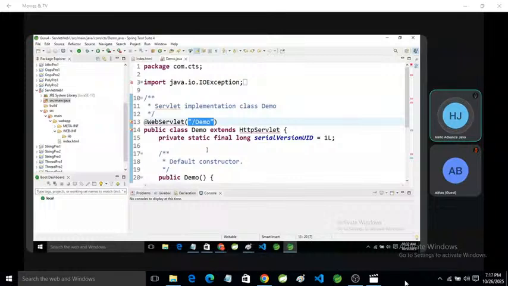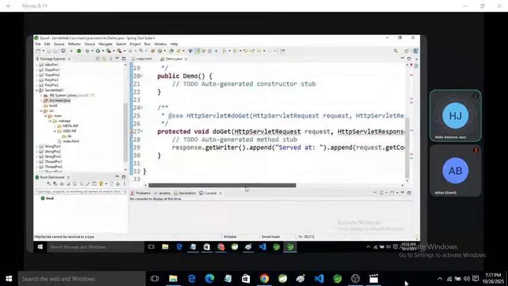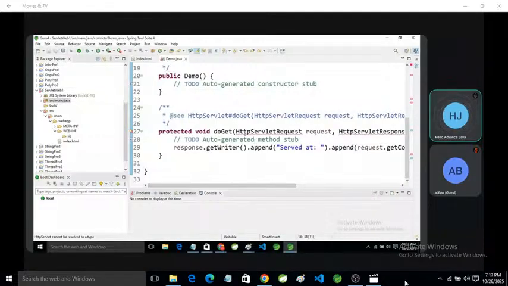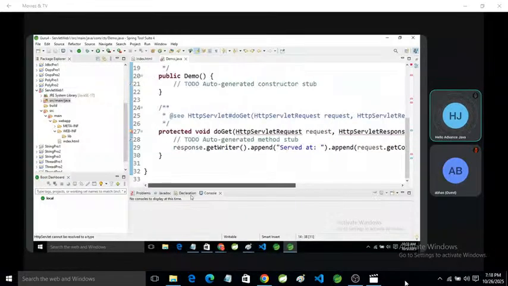This is the class demo, which extends HttpServlet. So currently we are working with HttpServlet. And the doGet method has two parameters, HttpServletRequest and HttpServletResponse.